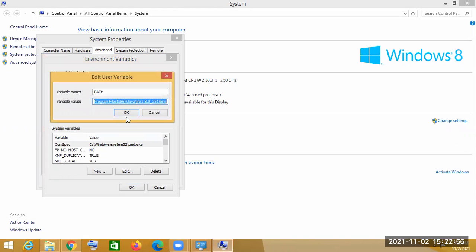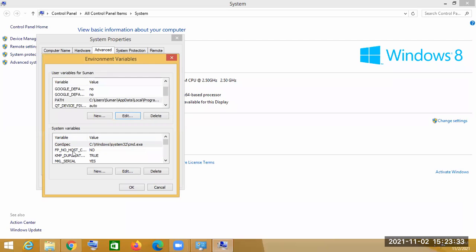Then the path you copied when you went to the bin folder, directly paste it here. After the semicolon, paste that path, this Java JDK bin path. Use the semicolon and put that path here, and after that click OK.